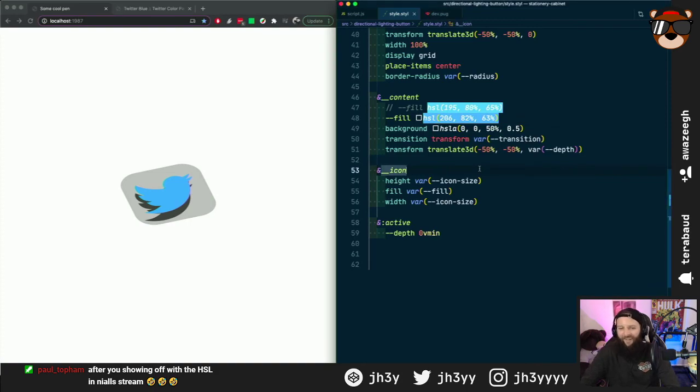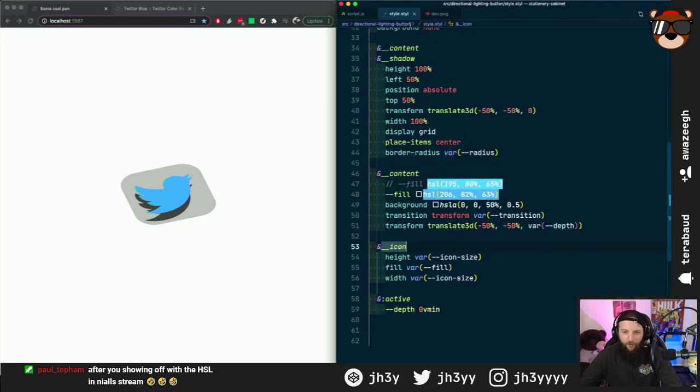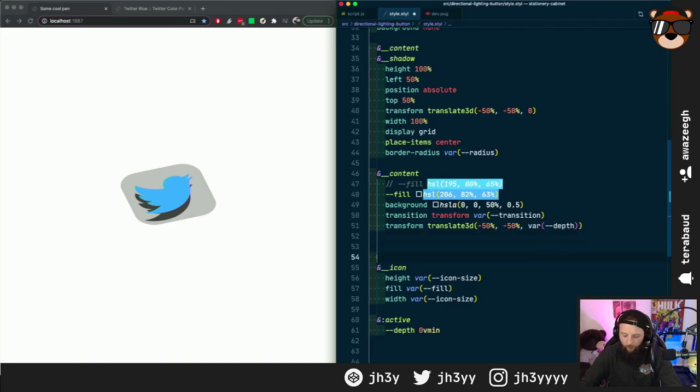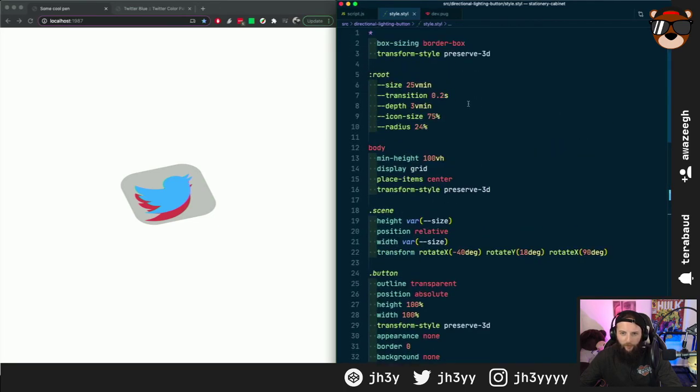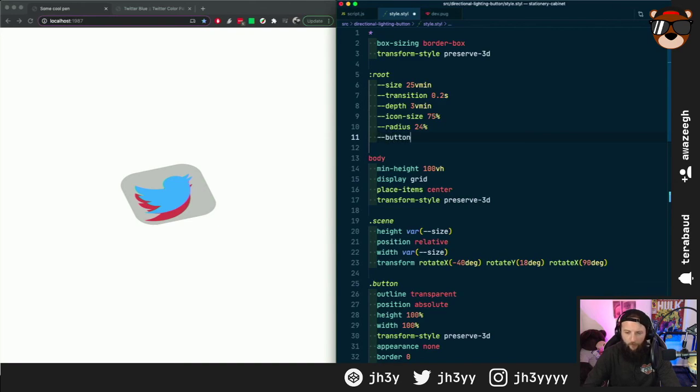Right, there we go. Right, now what I was going to do scoped is because you can do cool stuff like this. So if we grab the shadow, we can say fill, and I could just do red, and it will do the bottom one as red, which is rad. But what we can do is, and this is what I'm not 100% sure how we should do. So we have like the top layer's background. So we're going to do like button, I guess button BG, and I'm going to go like HSLA 0, 0, 0. These need to be percentages, so sort yourself out. And then,